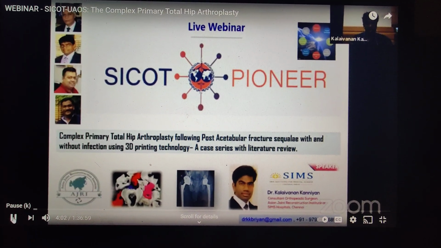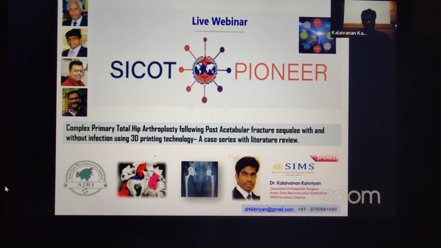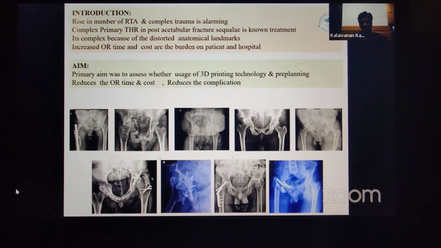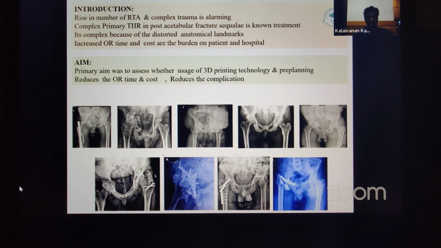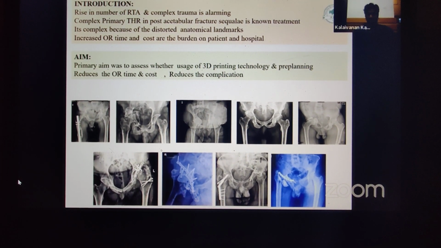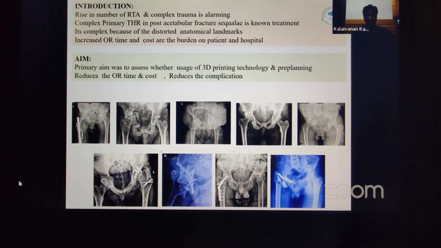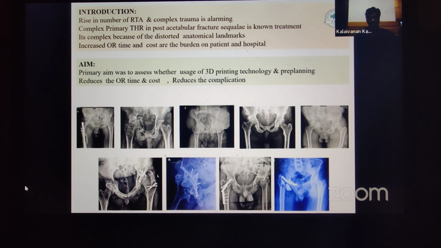Series on complex primary total hip arthroplasty following post-acetabular fracture sequelae, with and without infection, using 3D technology. The rise in the number of road traffic accidents and complex trauma is alarming, and complex primary THR in post-acetabular fracture is a well-known sequela and a well-known treatment. It's complex because of the distorted anatomical landmarks, increased operative time, and the cost burden on the patient